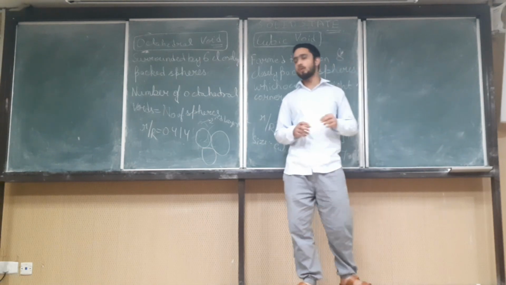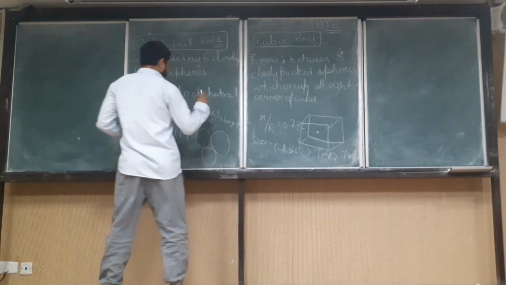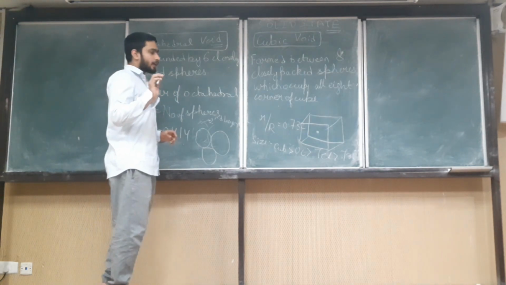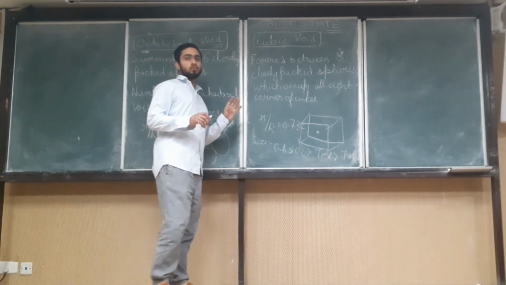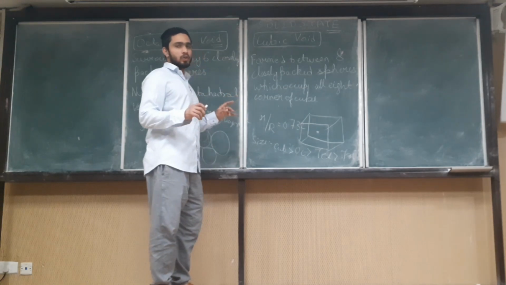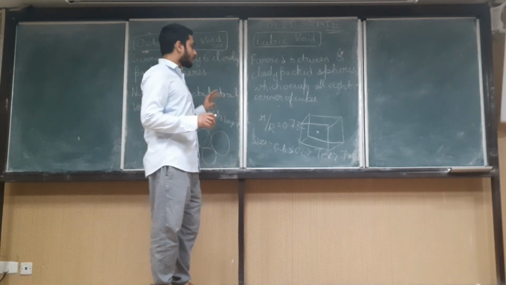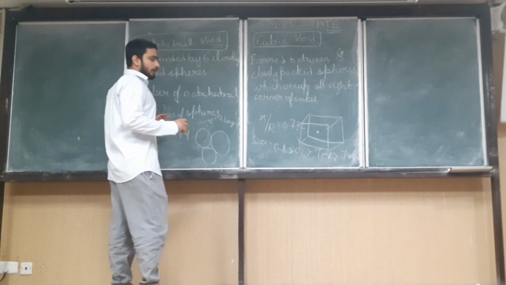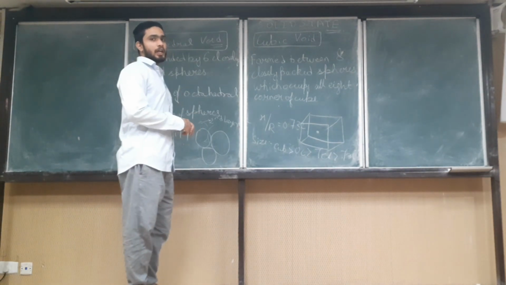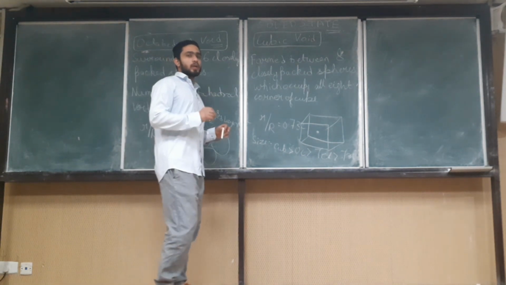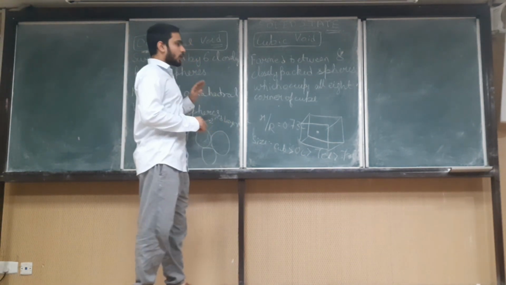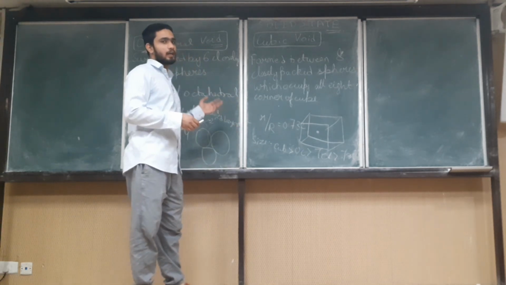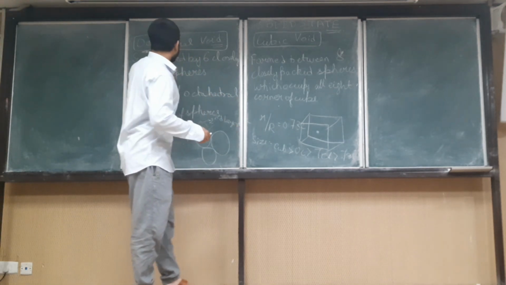and the number of octahedral voids is equal to the number of spheres which are involved. Suppose that 6 spheres are involved for forming the octahedral void. In the tetrahedral void 4 spheres were involved. In the trigonal void 3 spheres were involved. In the octahedral void 6 spheres are involved. This we have to remember, how many spheres are involved for forming a particular type of void. So in trigonal 3 spheres, and 4 spheres tetrahedral, and when 6 spheres, then octahedral